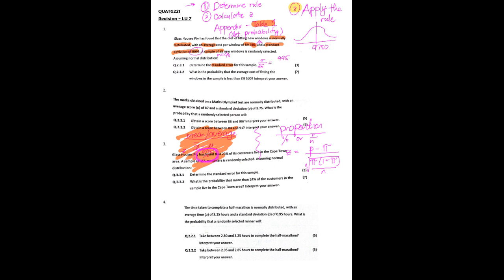So it's 995 divided by the root of 95, which is 102.08. But because it's in rand values, we'll leave it as a rand value, 102.08. Then the next question said to you, what is the probability that the average cost of fitting the windows